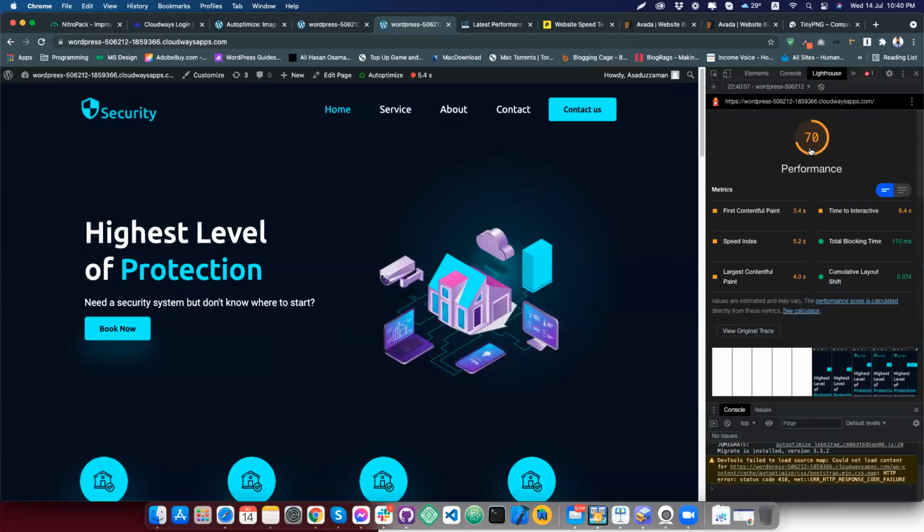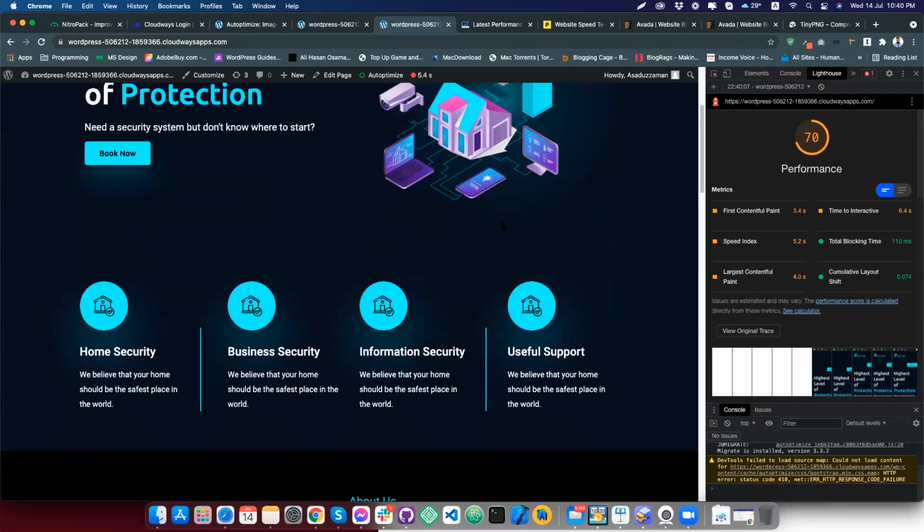Okay, we have now updated the version. That's our desktop website at a 70 score. We didn't do any special things, just followed some steps, and we have already got a 70 performance score on our current demo website. So if we try to make more optimizations, like some of the other features,